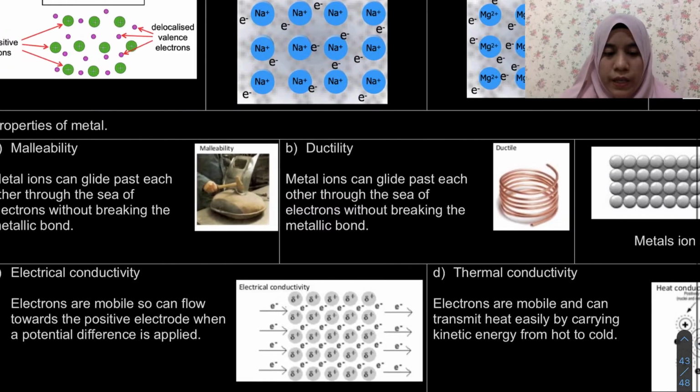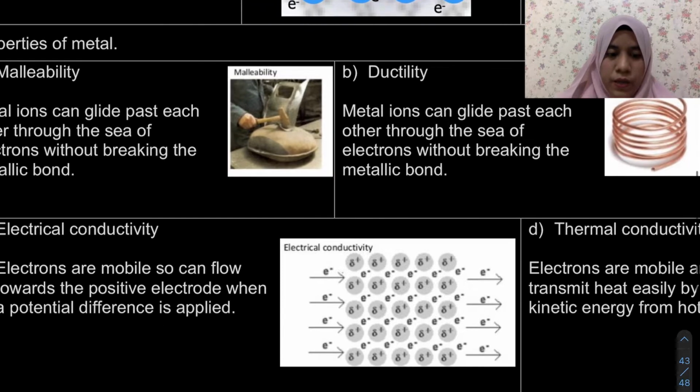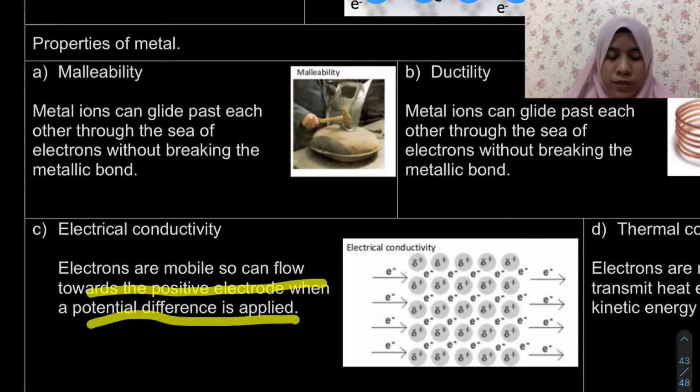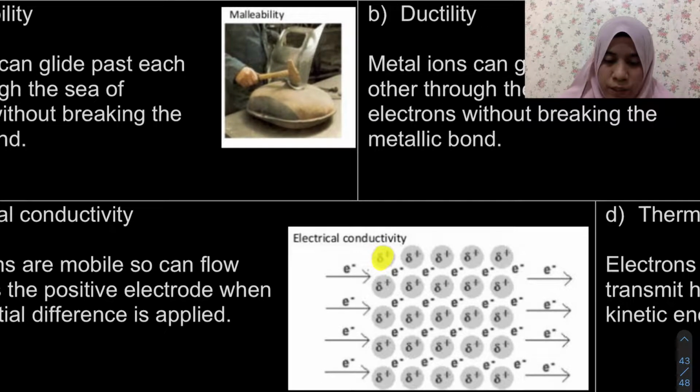Okay, next one kita akan tengok is the electrical conductivity. So, electrons are mobile, so it can flow towards the positive electrode when a potential difference is applied. So when we apply voltage, for example, plus ni is actually our sodium lah, for any of our metal ion. Contohnya ni M plus lah. Contohnya. Okay, and then we have our